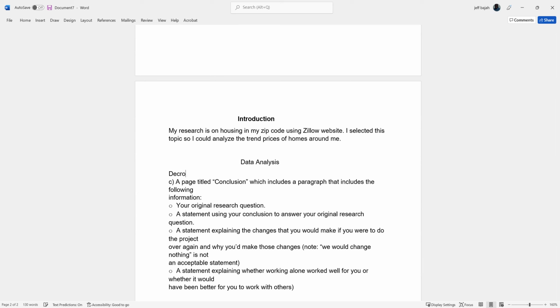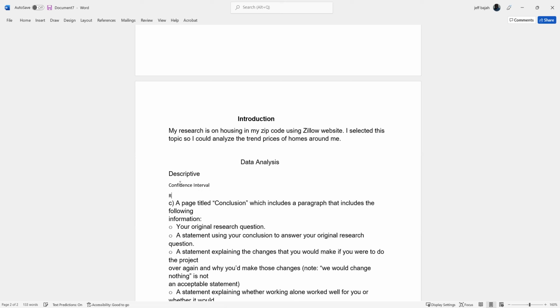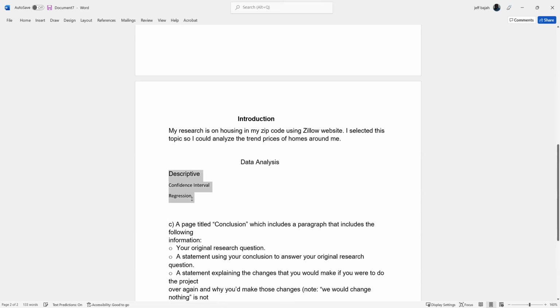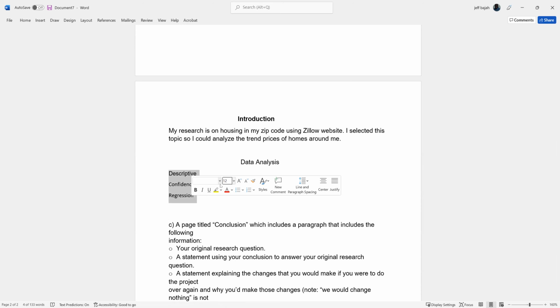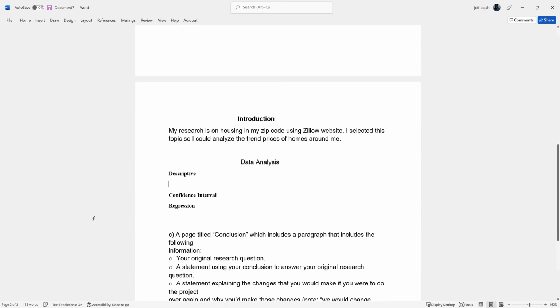There's the descriptive, there is the confidence interval portion, and then there's the regression portion, right? And so these are the 3 parts that you did. And so what we want to do is for you to tell us what you did, right? We want to know what happened with that research, right? So